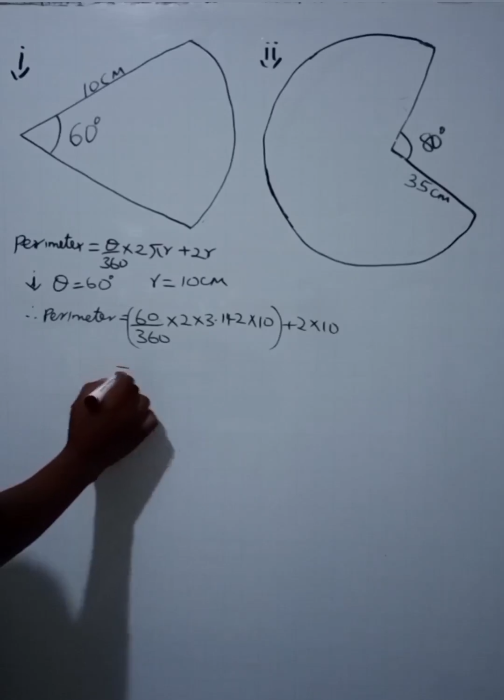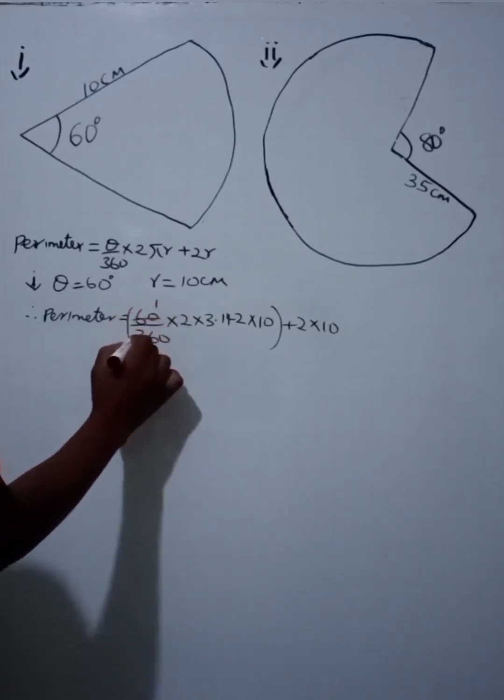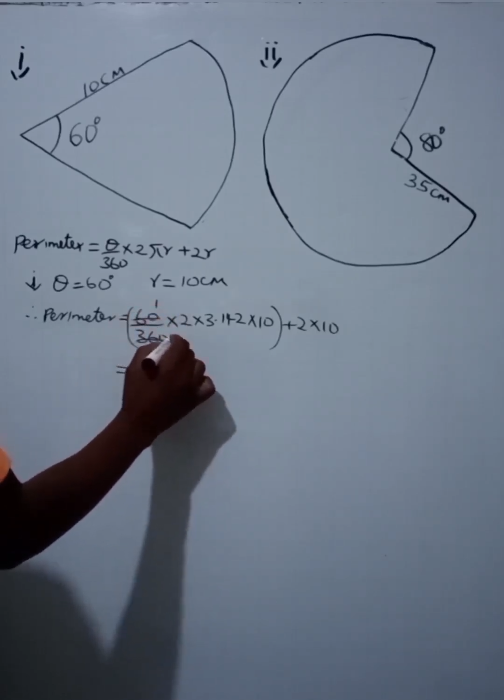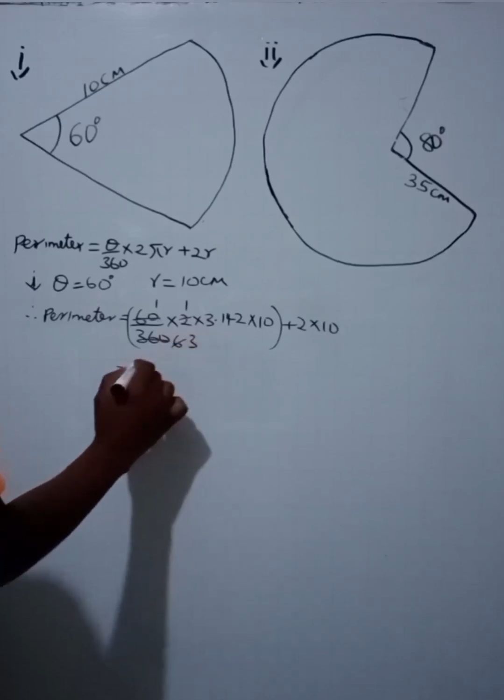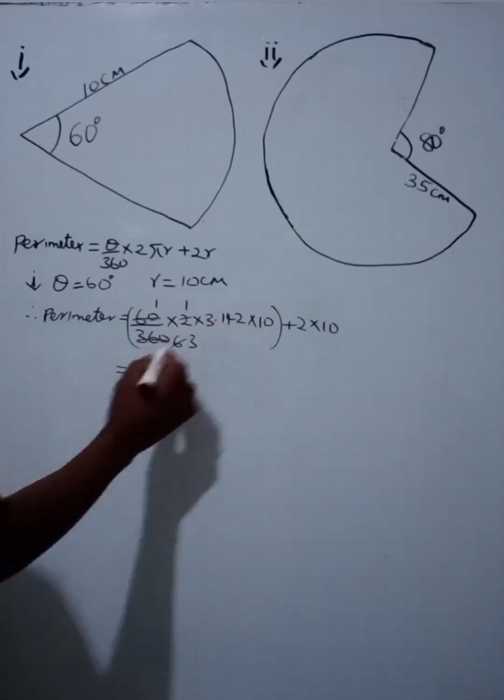If you simplify that, you realize 60 cancels here once, it cancels here 6 times, 2 cancels here once, it cancels here 3 times. So if you multiply the whole of that,